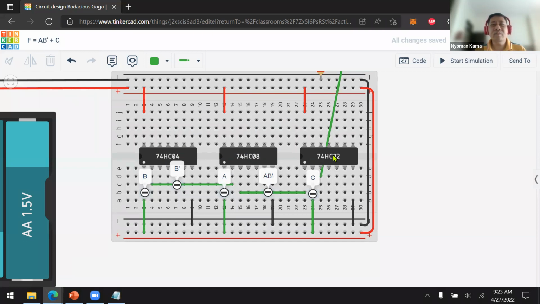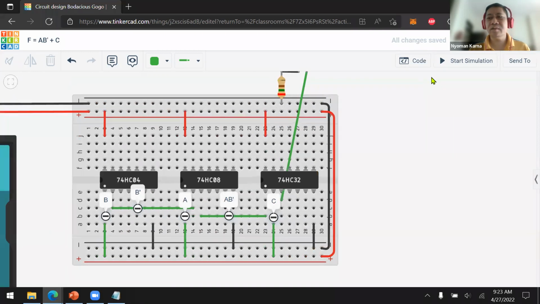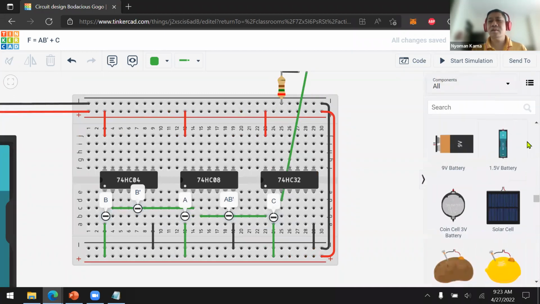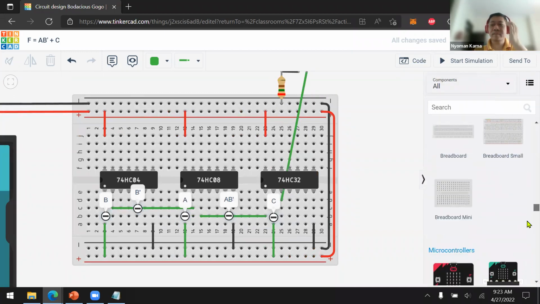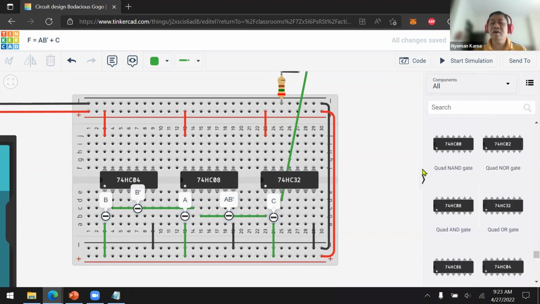Can we implement this function with only 1 integrated circuit? Now, as we can see, each integrated circuit consists of 4 of the same logic gate.